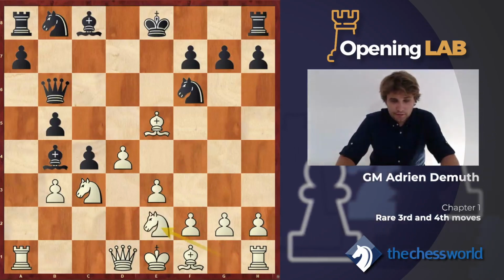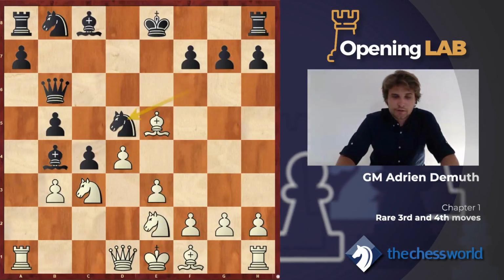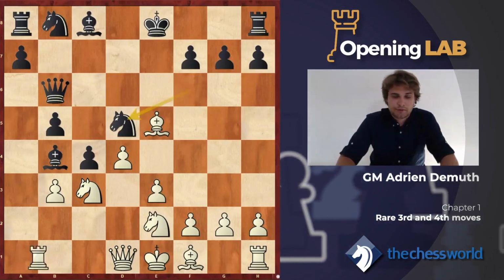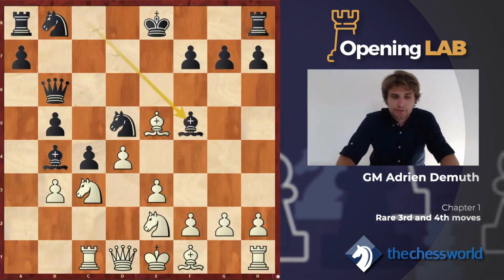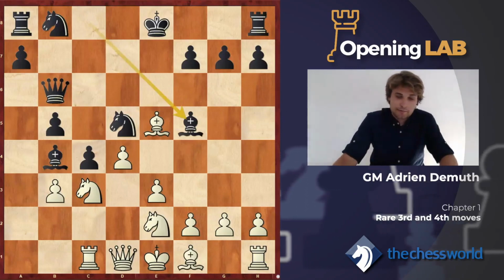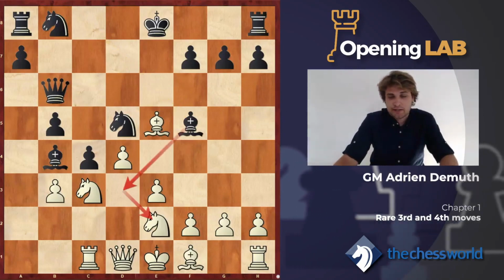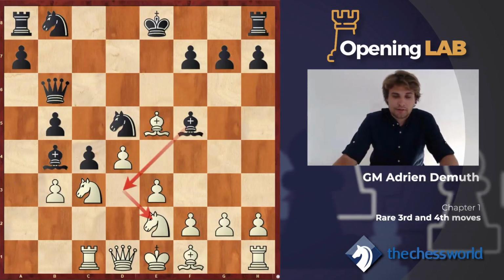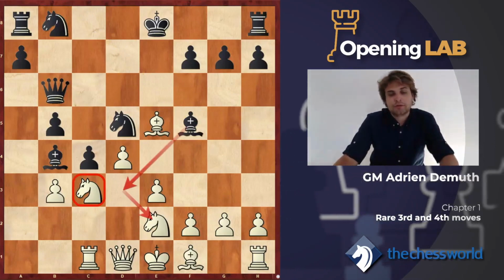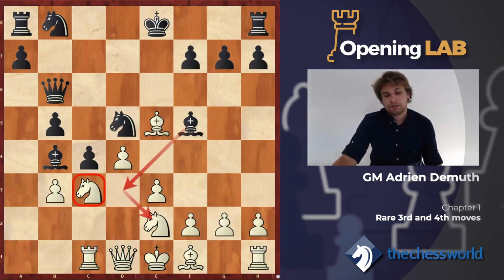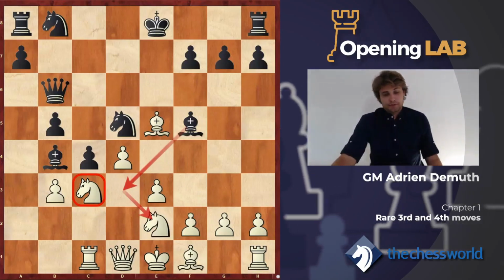And here, if he goes knight ge2, then again we put some pressure on the knight, rook c1 for example, and bishop to f5, and we have some ideas like that. Maybe take the knight on e2 in order to be able to eliminate the knight on c3. Position is